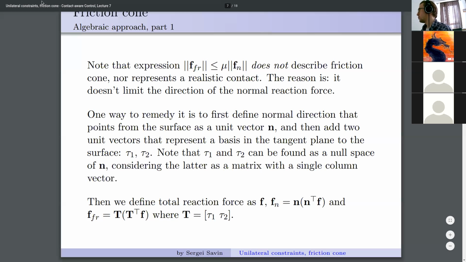In other words, if you open the brackets and you recognize that T transpose and T inverse are one and the same here, you would see that this is just a projector onto the column space of T. So sorry for the algebra maybe making it less clear, but what we do is we just represent those two vectors, F friction and F normal, in terms of those unit vectors n and tau,